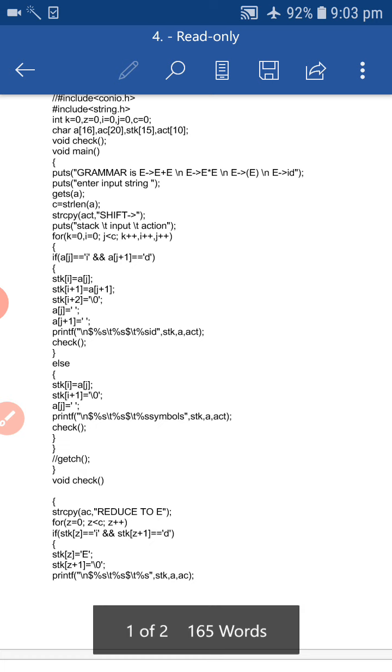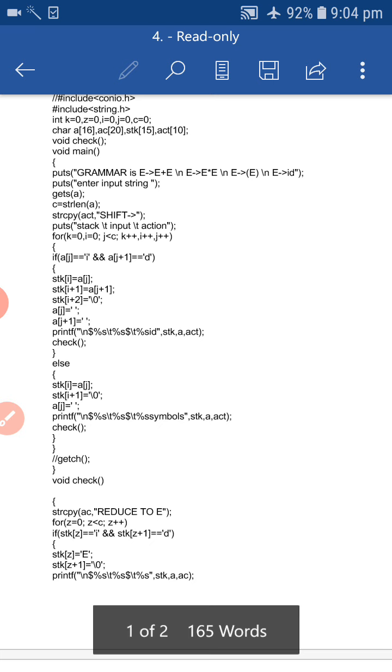ACT, then shift. Here the word shift is copied into ACT to be printed. ACT is the action, some actions.